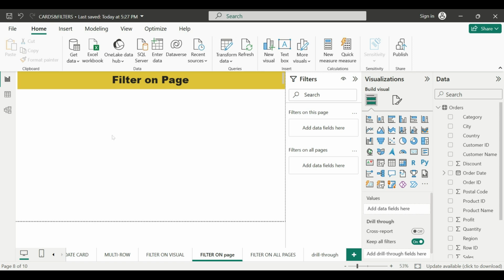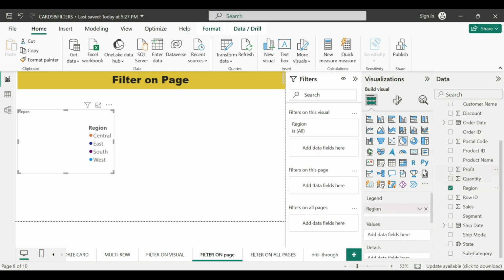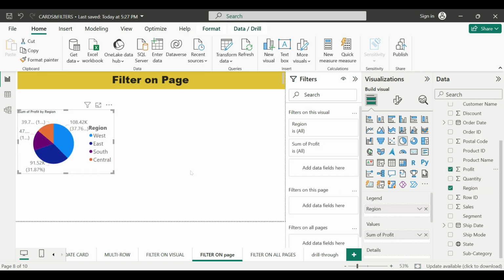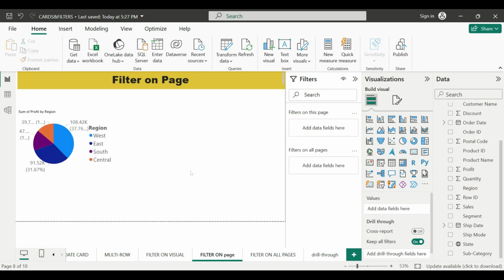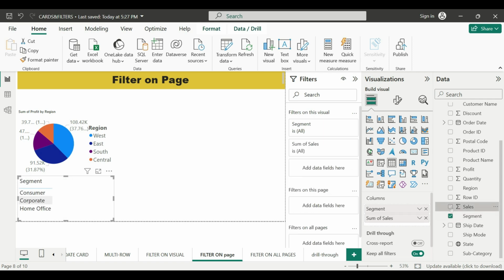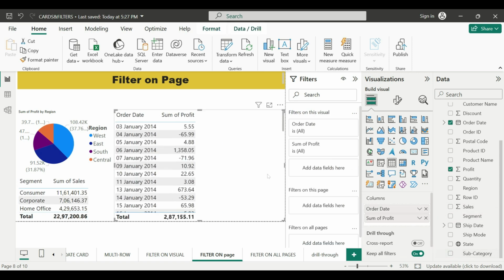Right now, I'll create three charts here. A pie chart with region and profit, second a table for segment and sales, and third one order date and profit. Now you can see these are three simple visuals here.